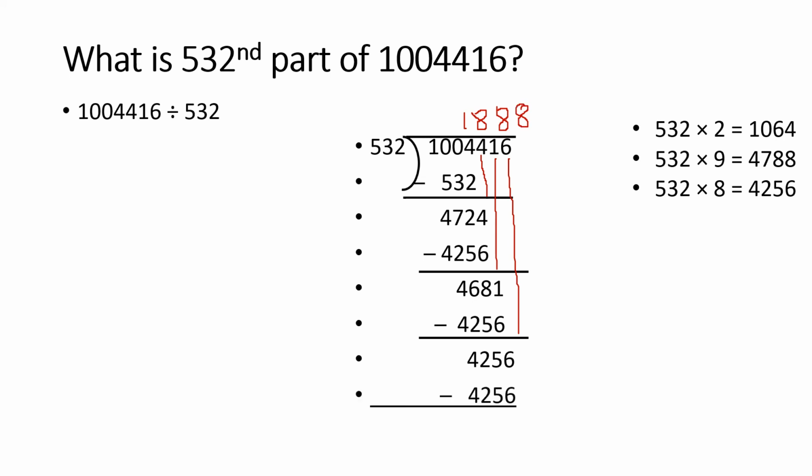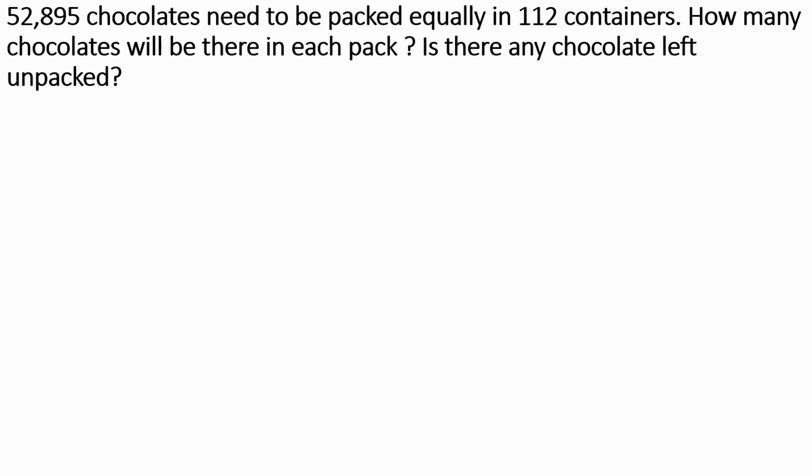See 4256, and when we subtract this your remainder is 0. And what is your quotient? 1888. Very simple it is. Next question is